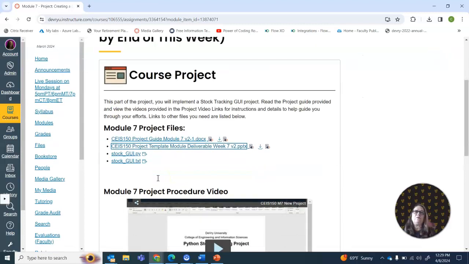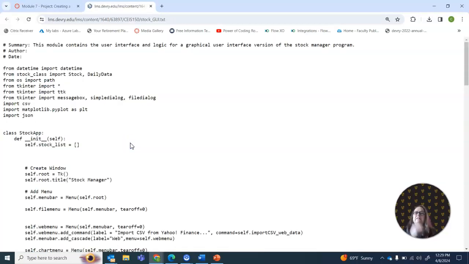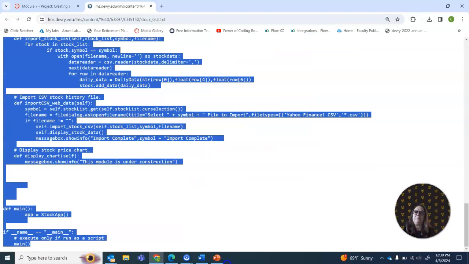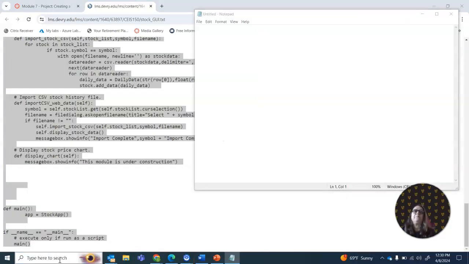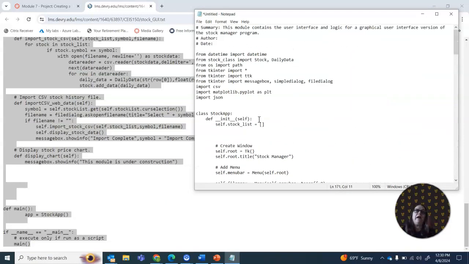Right, the last one we want to get is this stock_gui.txt, and you can grab either one. I suggest clicking the .txt file. And what I want to do here is copy all of this. And then I'm going to open my Notepad and paste it here. If you don't have Notepad, feel free to go right to